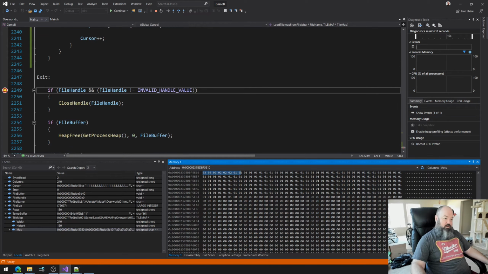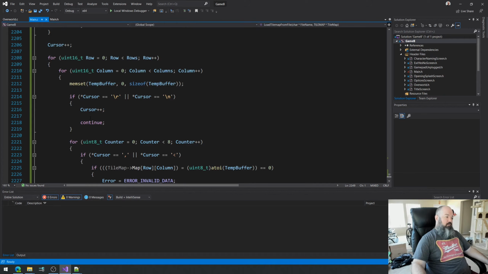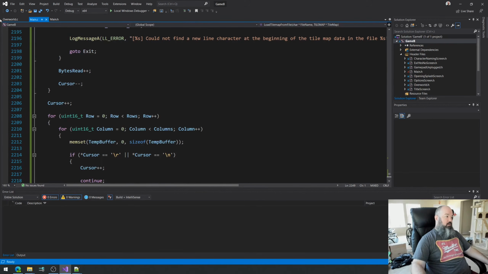Okay, here's our tile map. Actually, this would probably be row 1 of our tile map. I guess it's not contiguous in memory. All right, I think we're done with this. So let me go to